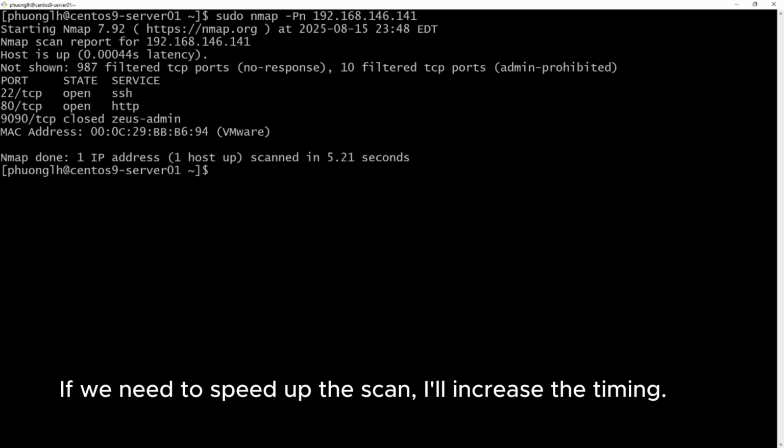If we need to speed up the scan, I'll increase the timing.